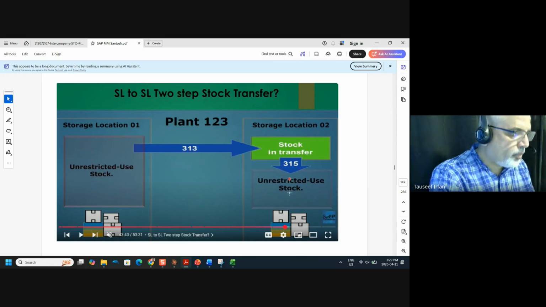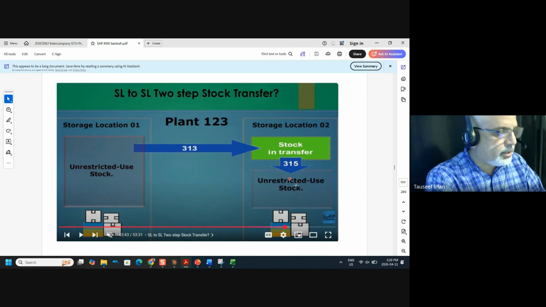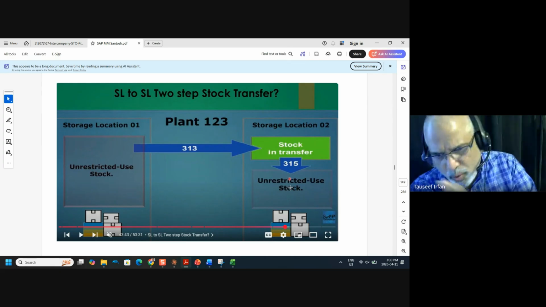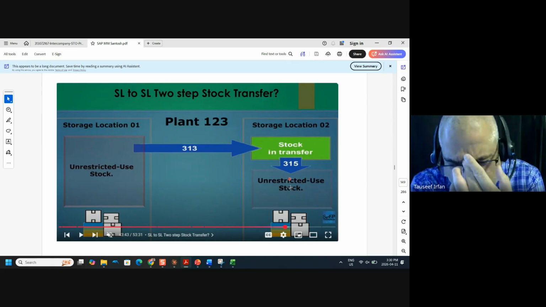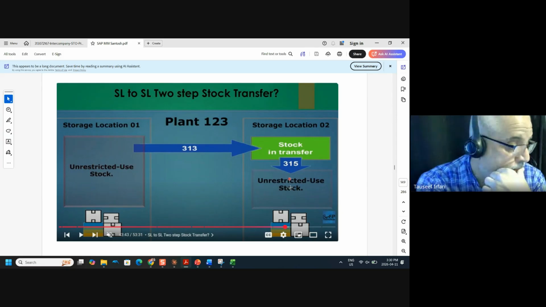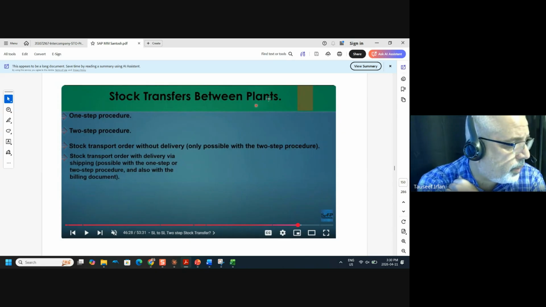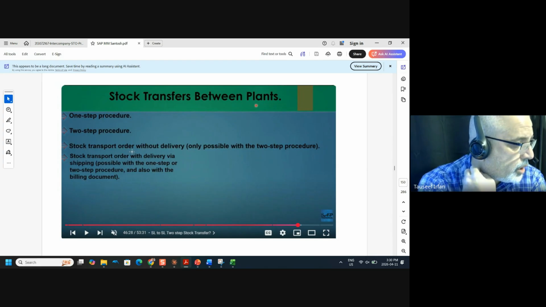Then you do the 315 to get the stock here. Once you physically see it, then okay, let me do 315 and get it. Everybody following me? These nuances of the stock transfer, stock transport, are just a little bit confusing, but I think you will get this point. Now between the two plants, you understood 1-step, 2-step, and then the stock transport order without delivery